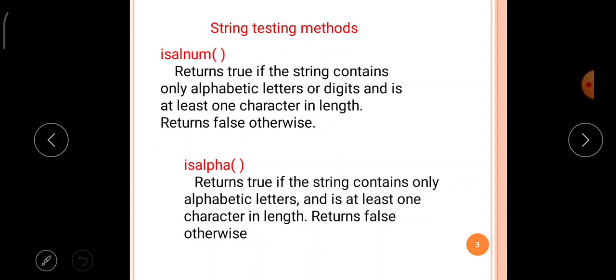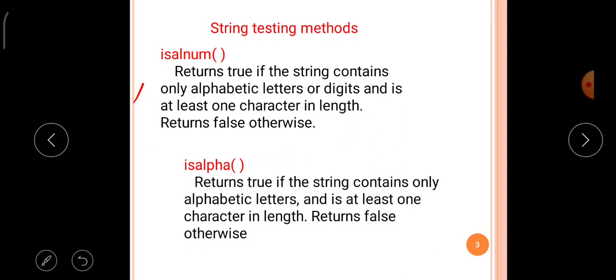It returns true if the string contains only alphabetic letters, that is A, B, C, D, or digits, meaning 0 to 9, and contains at least one character. Otherwise it returns false. That is how the function works.